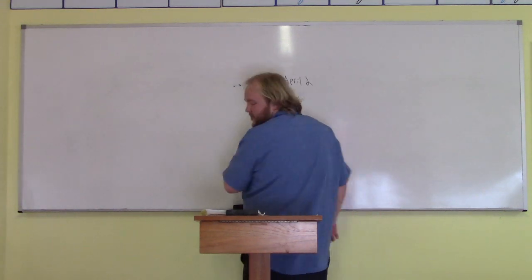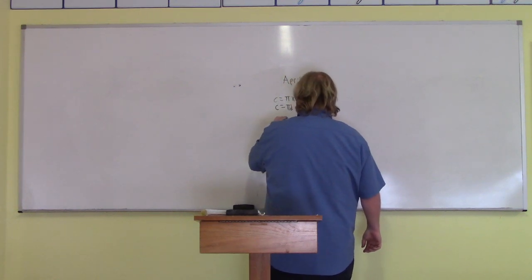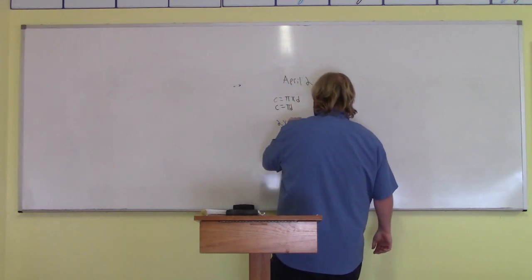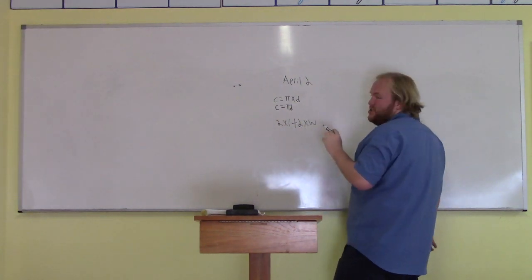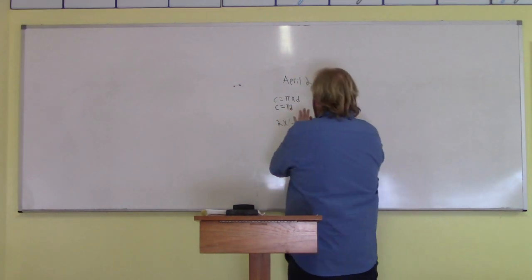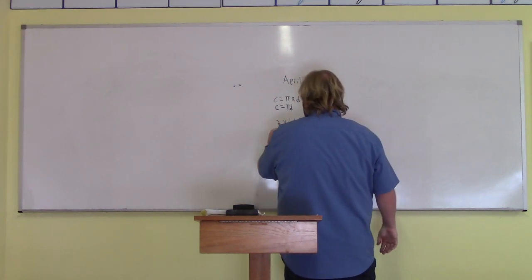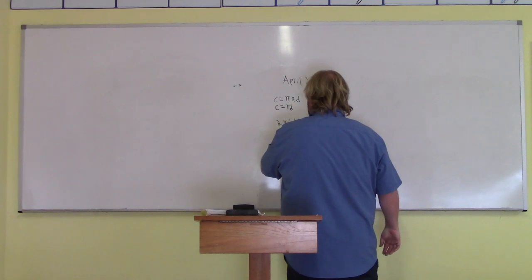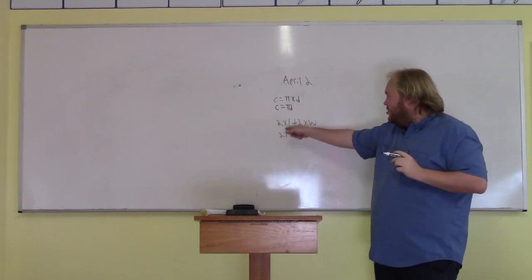Alright, I'm going to do C. So we've got 2 times length plus 2 times width. Now, you don't want to make that addition sign disappear. So we're going to smash the 2 and the L and the 2 and the W. So we have 2 length plus 2 width, which we know means the same thing as 2 times length